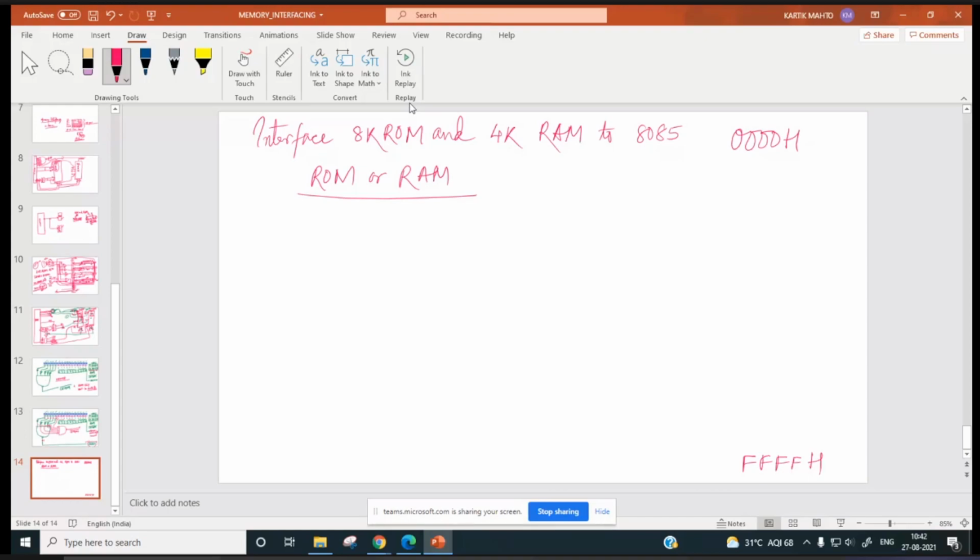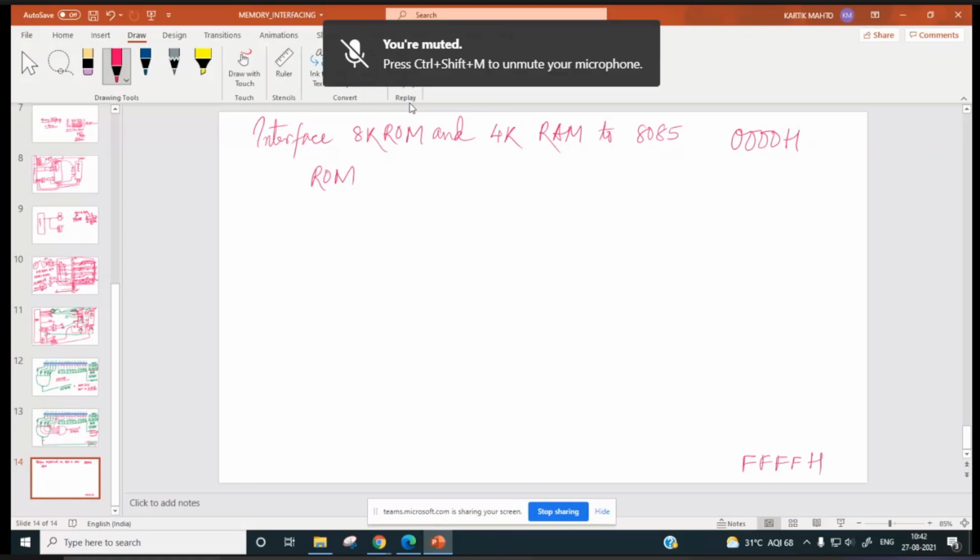So which chip will you be interfacing with lower address, RAM or ROM? ROM, sir. Why ROM? Why will ROM have the lower address than RAM? Anyone?